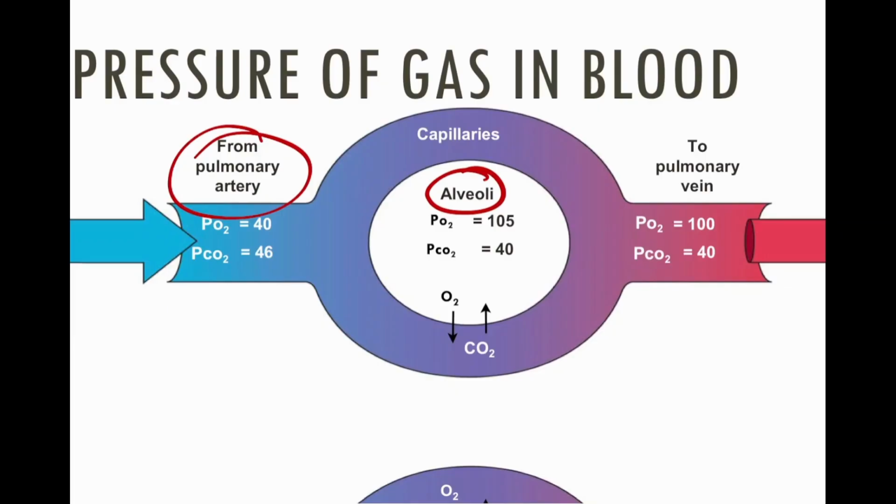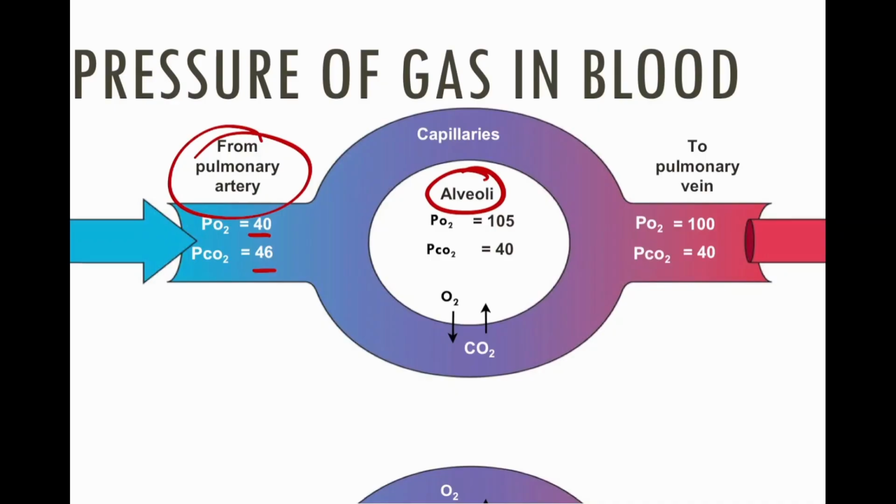All the deoxygenated blood that went to the whole body, dumped off all the oxygen to the working muscles and tissues, and got all that CO2 brought back in. When this blood returns, the PO2 is only 40 and the PCO2 is 46. So you've extracted about 60 millimeters of mercury of O2 out of the blood into the system